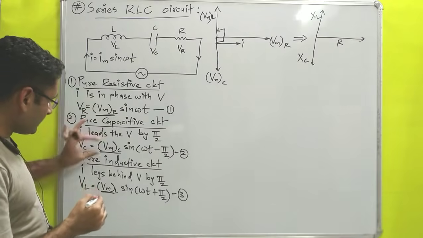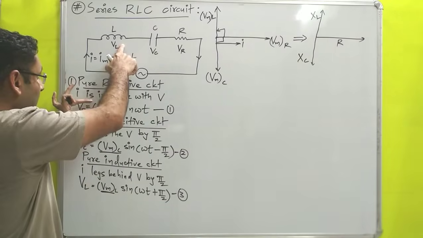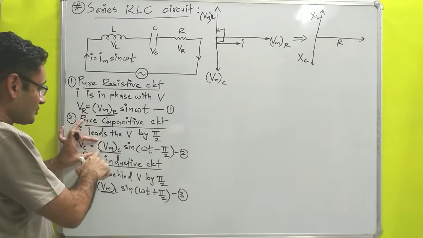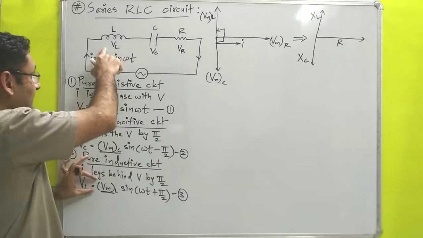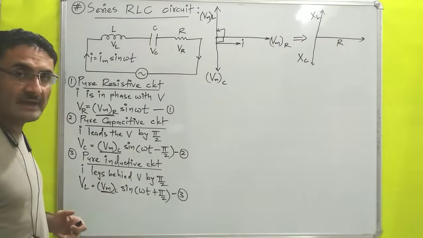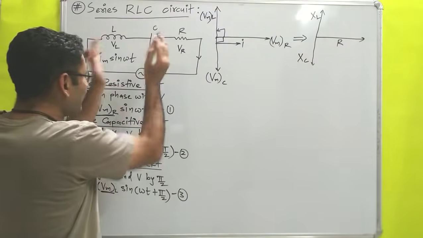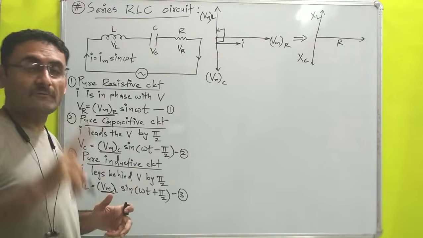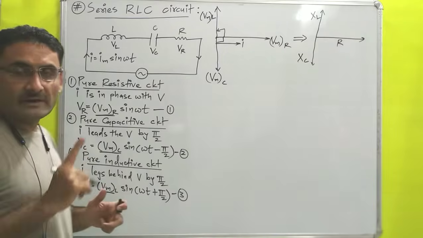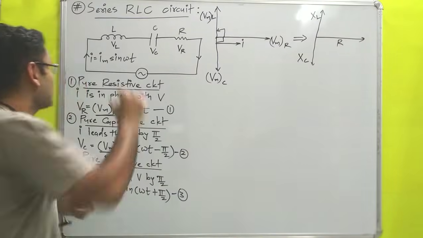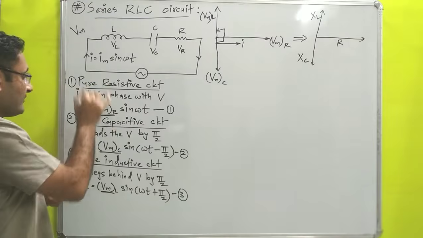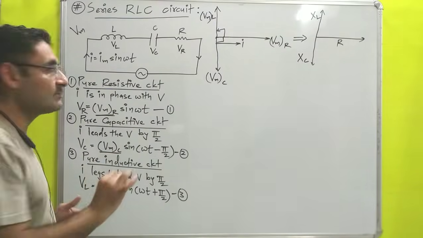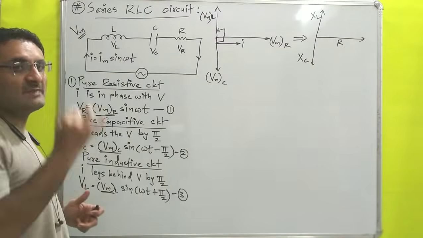Okay. Now we have three values: VMR, VMC, and VML. That means these are the individual values. When only resistor is used, at that time it is VMR. When only capacitor is used, then its value is VMC. When only inductor is used, at that time its value is VML. But over here all three devices are combined. That means we have to find out the resultant value of maximum potential. So how will we find out the resultant value of maximum potential, which is your Vm? We cannot write Vm is equal to Vm of R plus Vm of C plus Vm of L. We cannot do the algebraic sum to find out the resultant maximum potential.